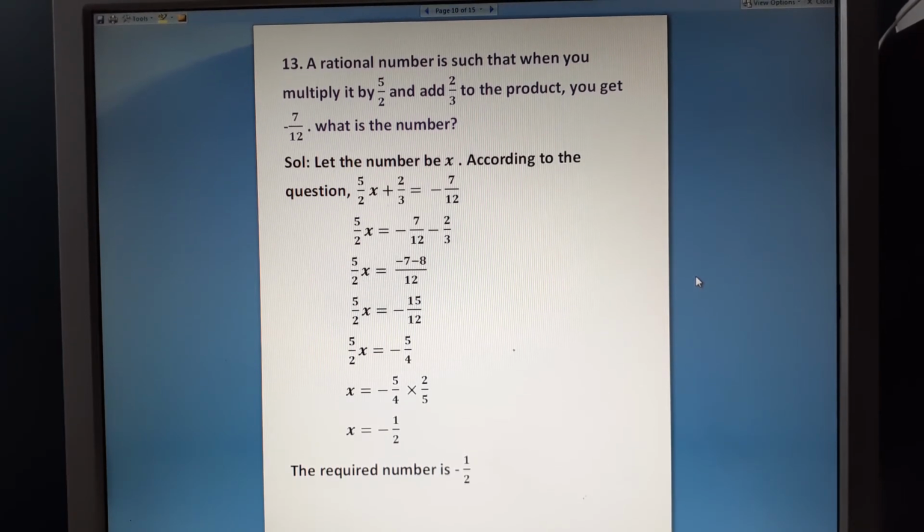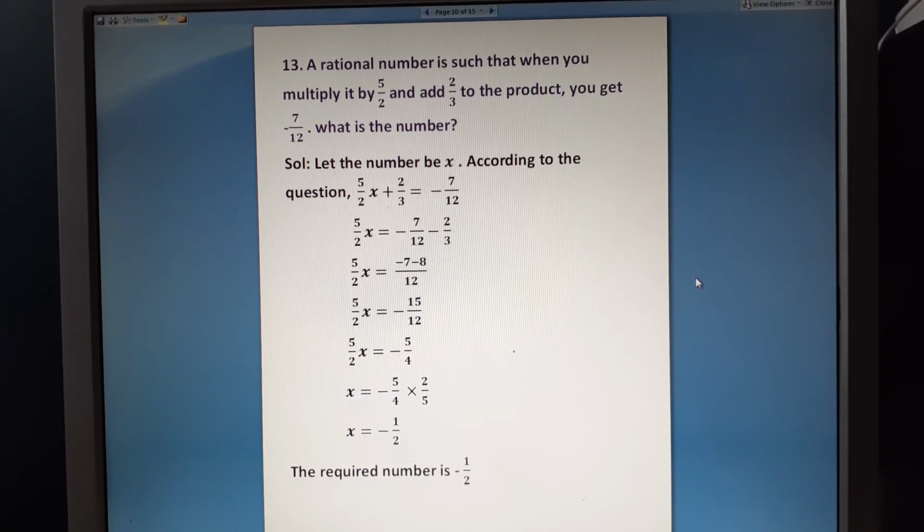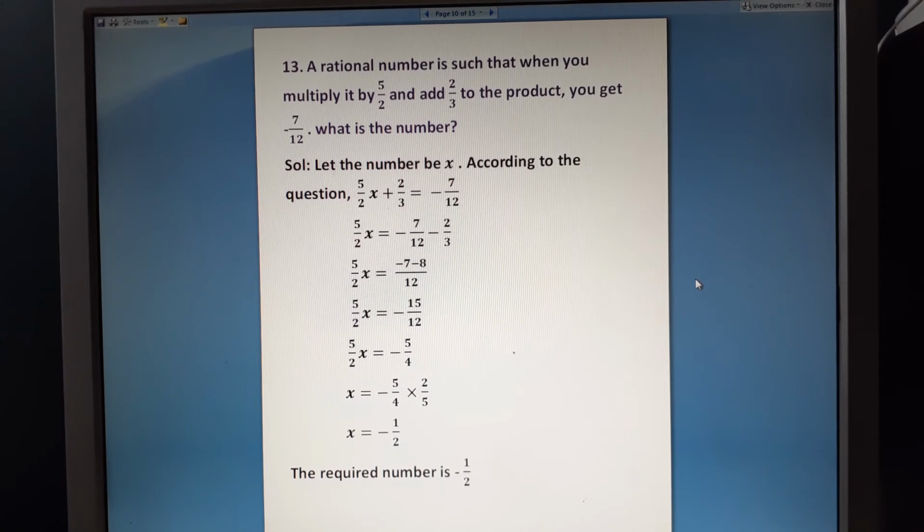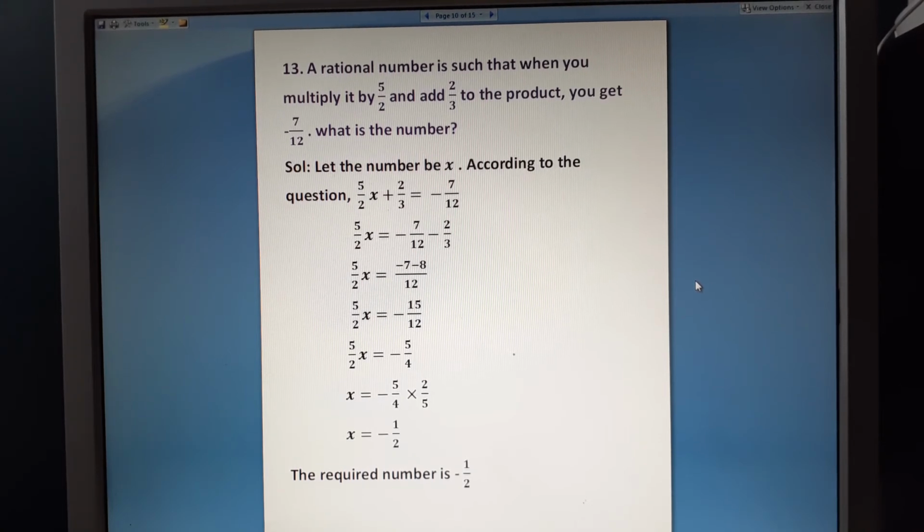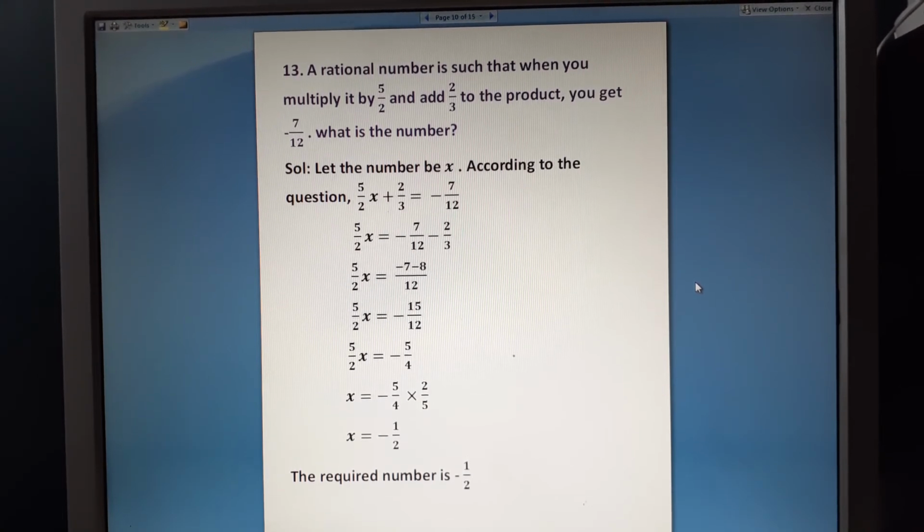Let the number be x, and according to the question, 5 divided by 2 is multiplied by the number. So, 5 divided by 2 into x and add 2 by 3 is equal to minus